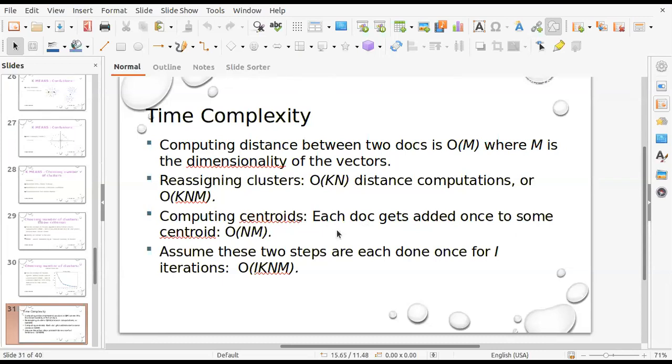The cost of that is big O of n into m. In all, these steps are done iteratively. If you have I iterations, then the total cost is I into k into n into m, where I is the number of iterations, k is the number of clusters, n is the number of points, and m is the dimension. So this is the total cost of the computation.